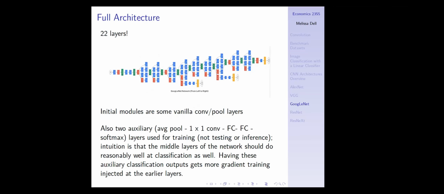And so this is what the full architecture is. As I said, it's 22 layers. And so remember, each of the layers is essentially a layer with trainable weights. And so you see the inception modules as you go along in this,